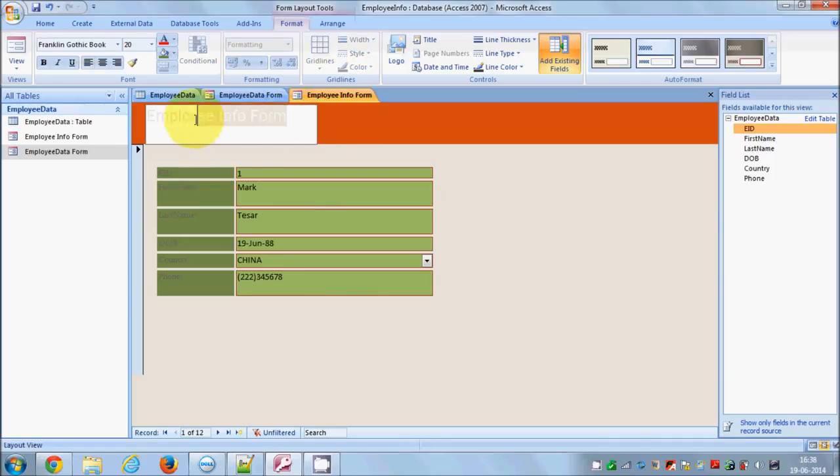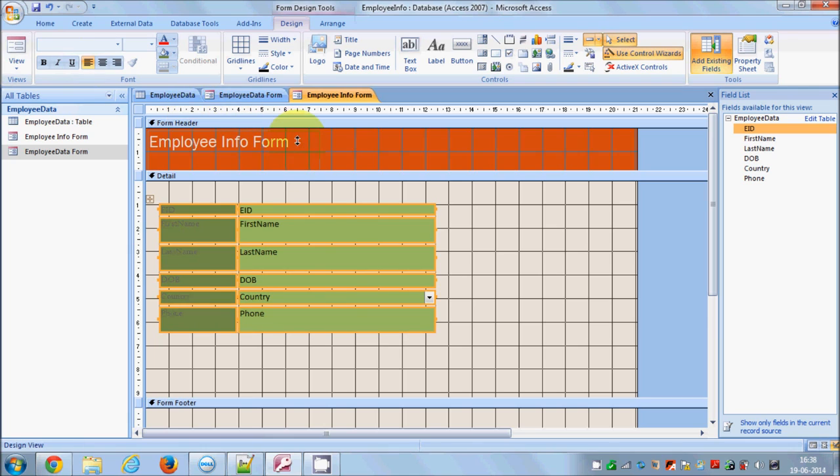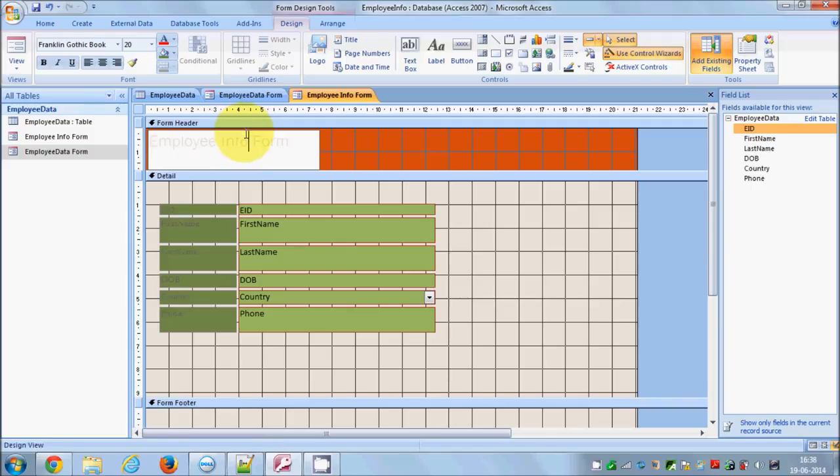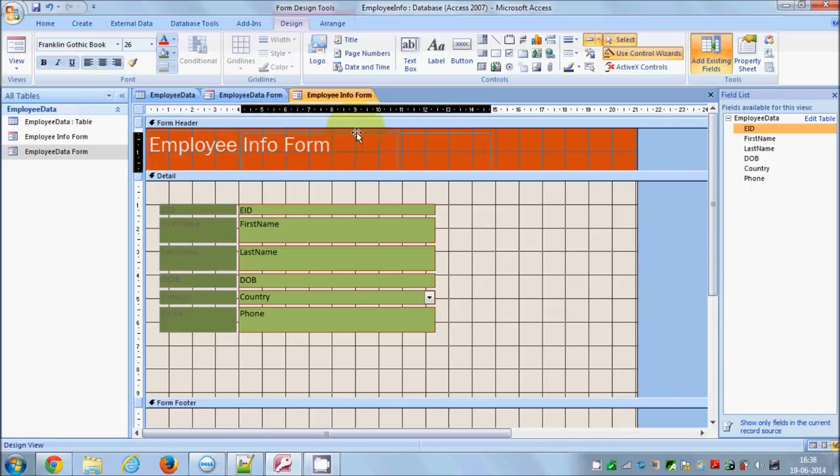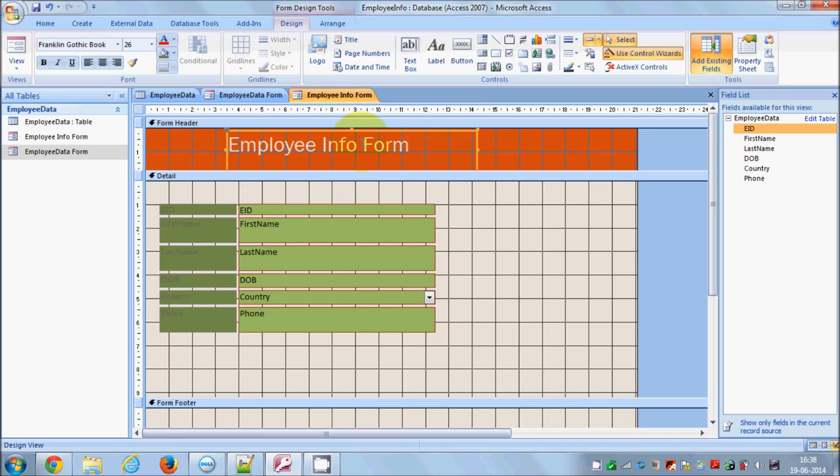And I want to, for example, change the font size. I will once again go to the design view. I can move this title wherever I want. So for example, first of all, I change the font size and font size will be, for example, 26. I can make it bigger so it can fit and I want to make it in the middle. Okay. Once again, I will go to the layout view